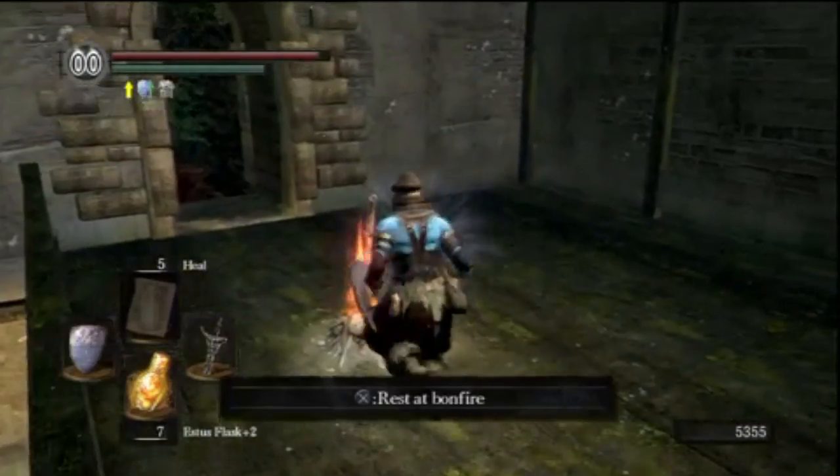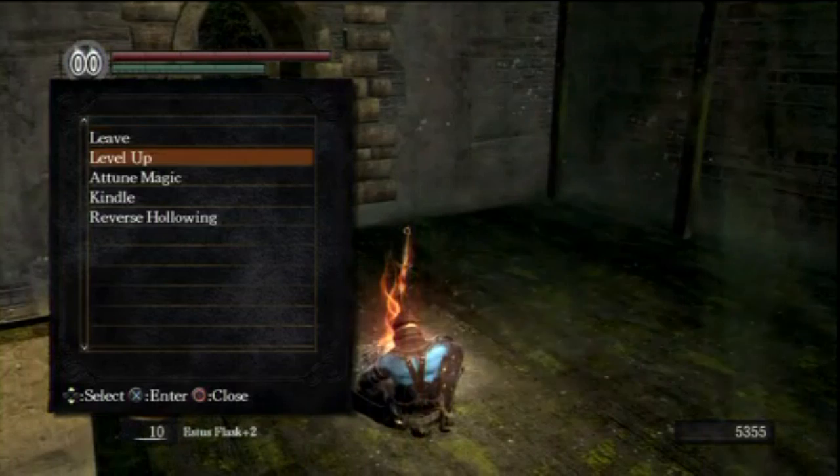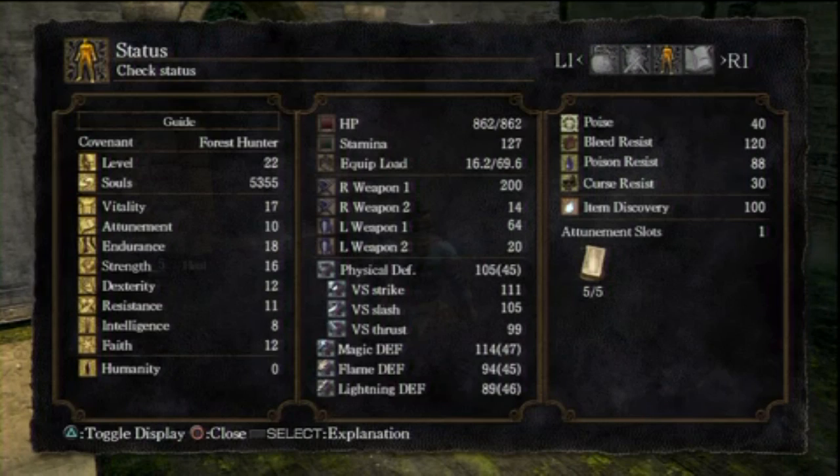It can be more, of course, for yourself. If it is more for yourself, then of course just put it into Vitality and Endurance until one's at 40 and one's at 30. I believe we stopped leveling up Endurance at one point. I don't think we're fully leveled up yet. But anyway, yeah, there's the stats, and